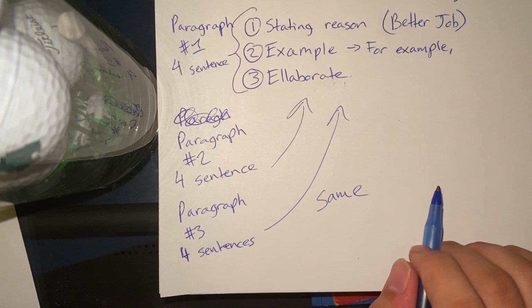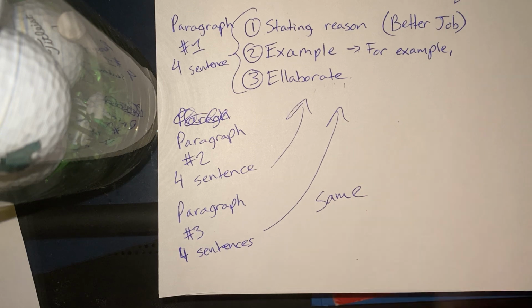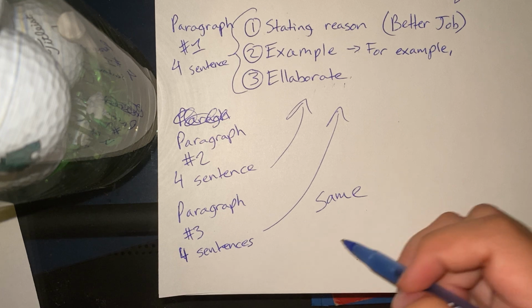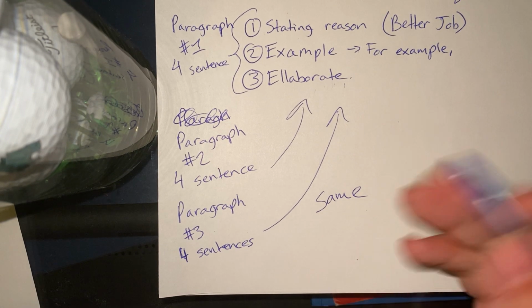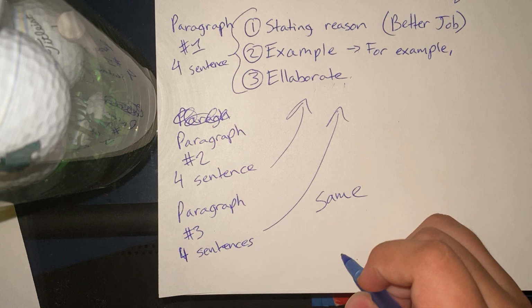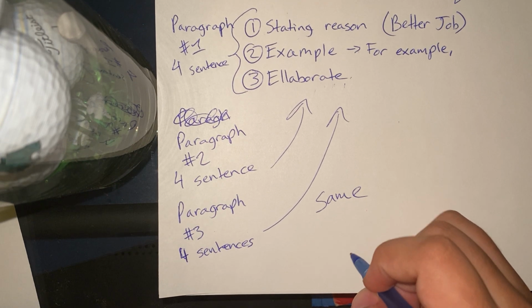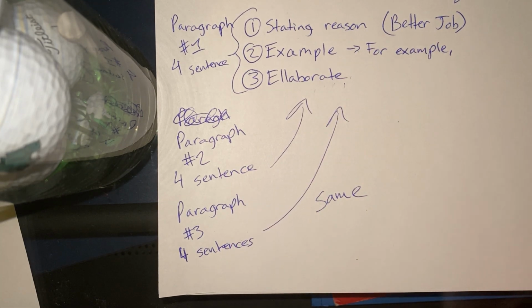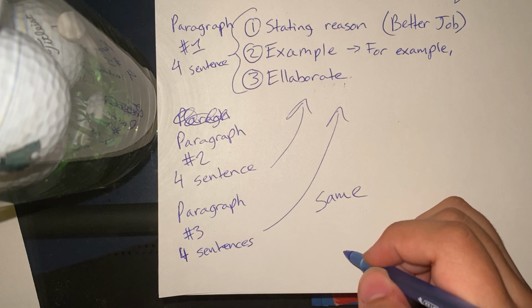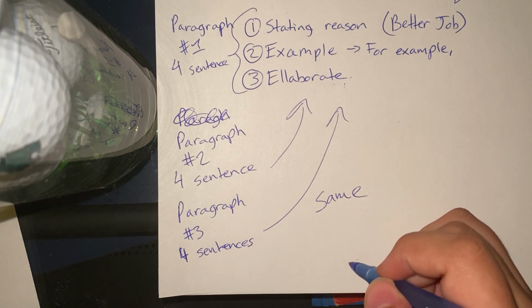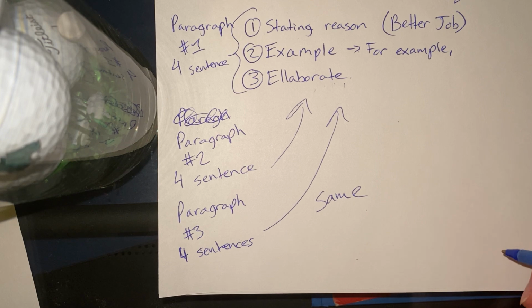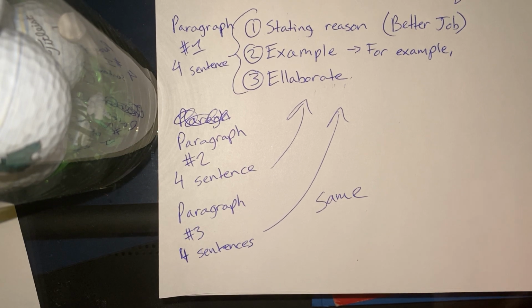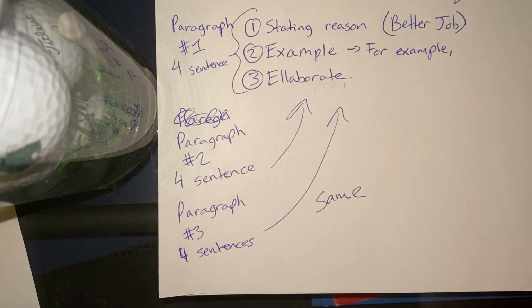For example, many degrees require a Microsoft class to be better equipped in the business world or any type of industry, period. This type of knowledge will help you feel more confident in a professional setting because you will be equipped with the skills you need to do the tasks that you are required to do, period. And you can elaborate more.